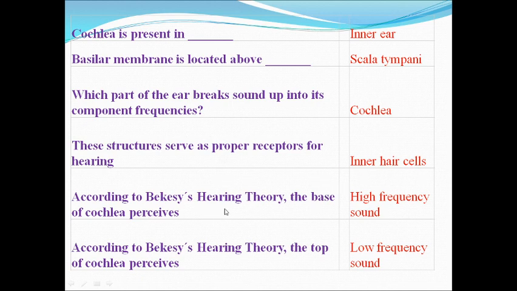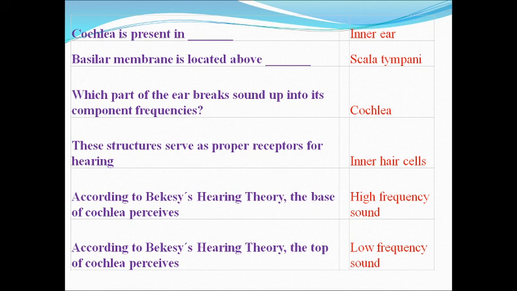And then this one is Békésy's hearing theory. This is a point to remember. Békésy, one of the scientists, evolved his traveling wave theory, which means a sound impulse sends a wave sweeping along the basilar membrane. He contributed towards this anatomy and physiology of the cochlea, not cochlear implants.